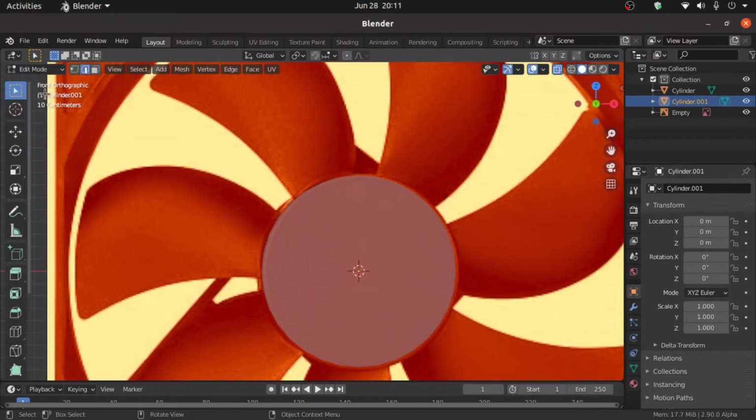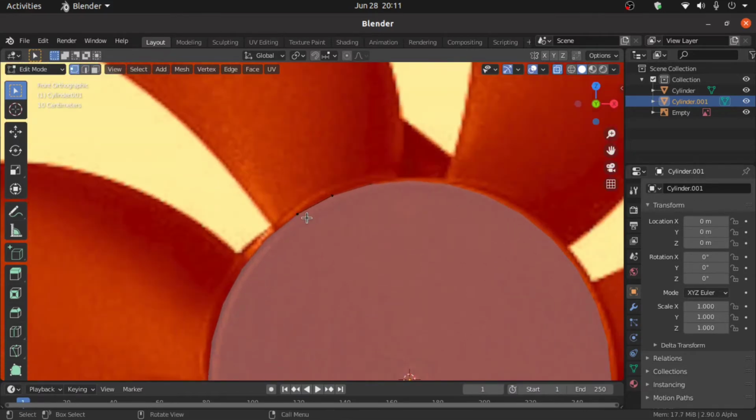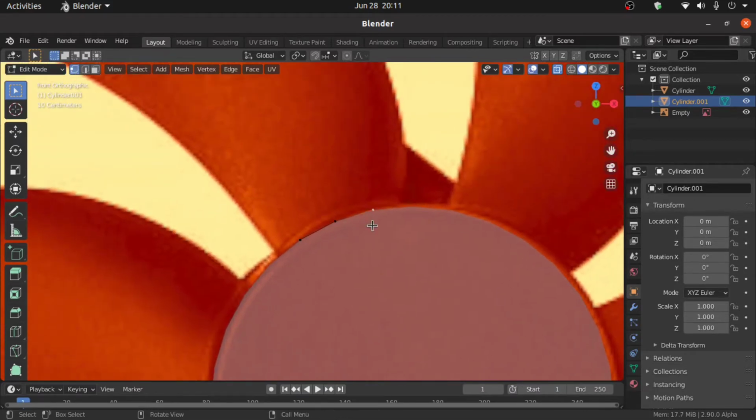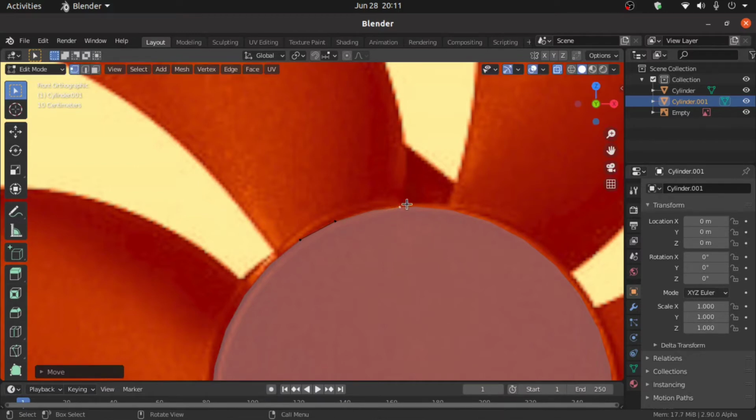switch to Edit Mode and turn on the vertex selection mode. Now select this vertex, then press G to move and match this vertex with this angle.